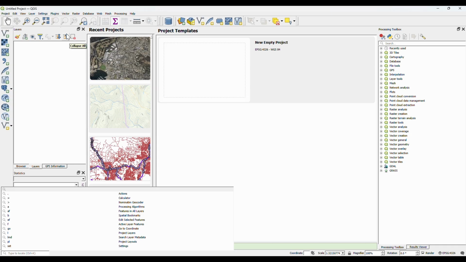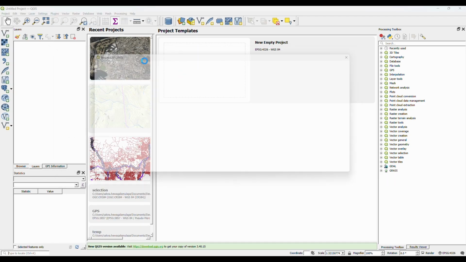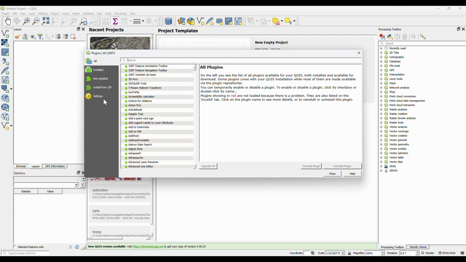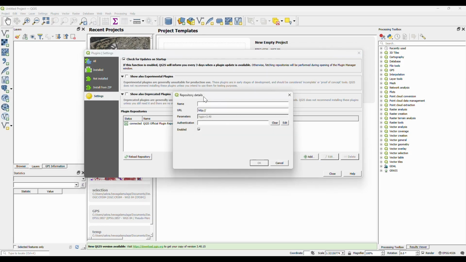To install the plugin, you go to the Plugins menu in QGIS, you hit Manage Plugins, and then you're going to need to add a new plugin location because we host it on our server. So you need to add the plugin repository for Esk. So go to Settings, go to Add underneath Plugin Repositories, and then you can type in here Esk repo,